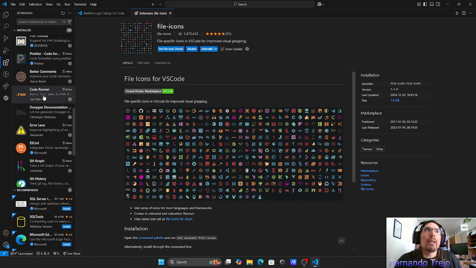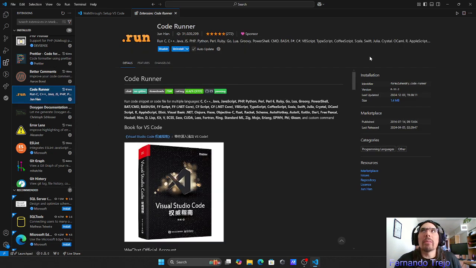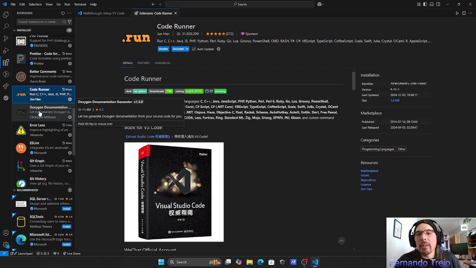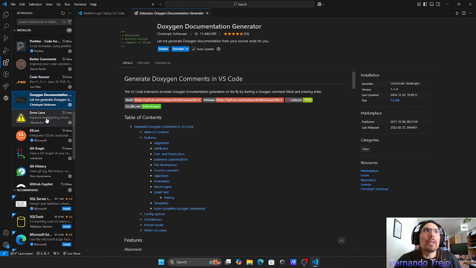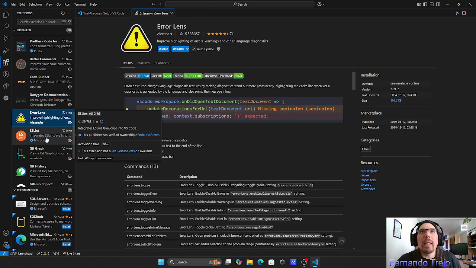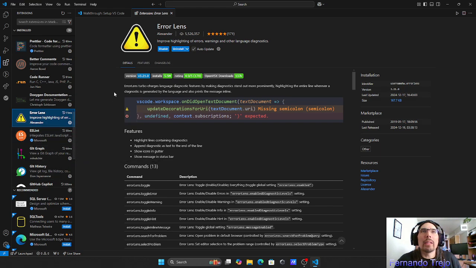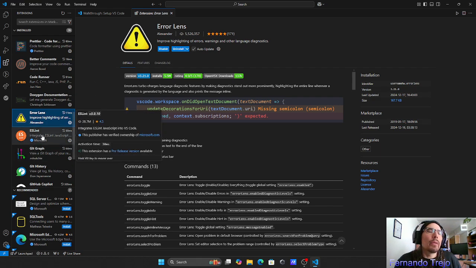But anyway, Code Runner is a good one, so we can run our JavaScript with the play button here without having to use the command line. Of course, it's good to learn to use the command line, but in VS Code, you can do everything just off the interface. You don't even need the command line, just the way it's structured. All right, so we have Doxygen commentation. We'll get into that. That's a little bit more intermediate to advanced. And Error Lens just helps highlight errors. It's a cool one, especially if you're a beginner, it'll make the errors a little more obvious than VS Code's built-in syntax highlighting. And then we have